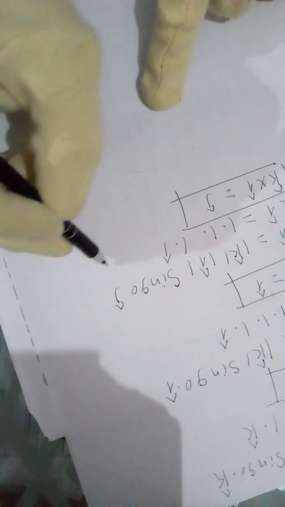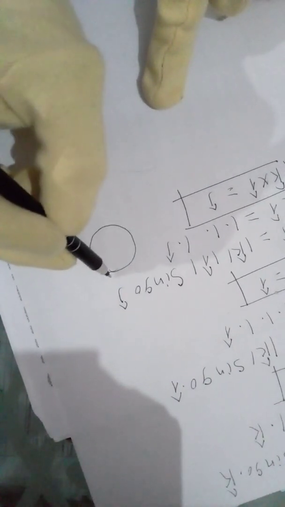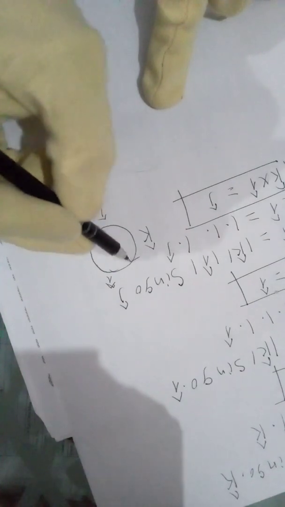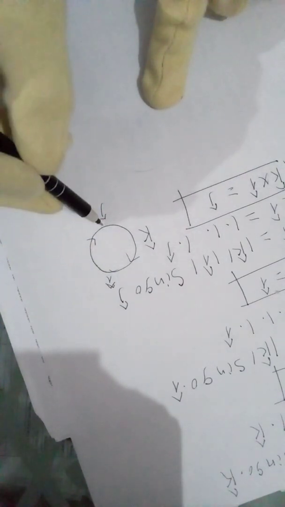So the cross product of two unlike orthogonal unit vectors is the third vector taken in cyclic order, in the clockwise direction. Make a circle and fix i cap, j cap, k cap on the circumference of the circle and move in the clockwise direction on the circle. Then i cross j, you get the third vector k. j cross k, you get the third vector i. k cross i, you get the third vector j.